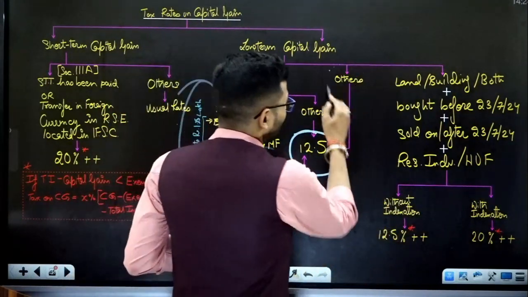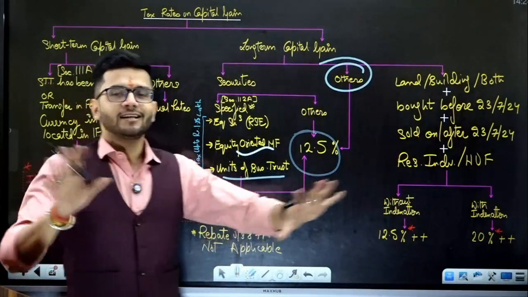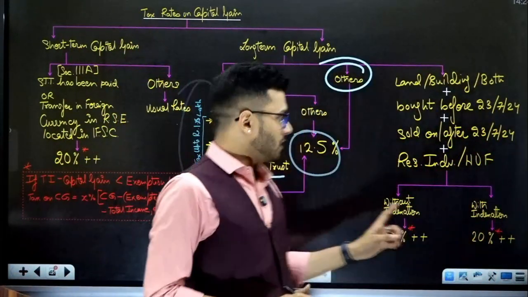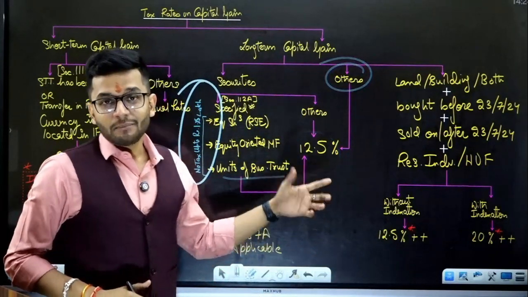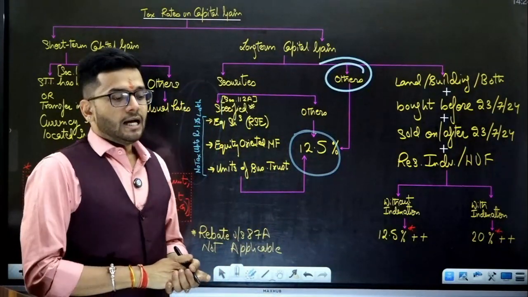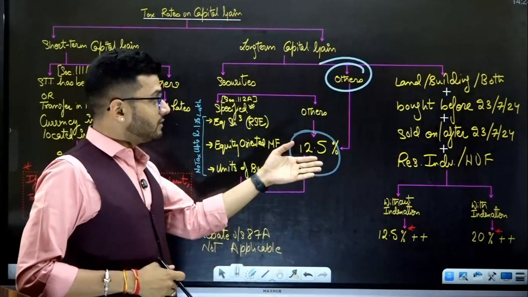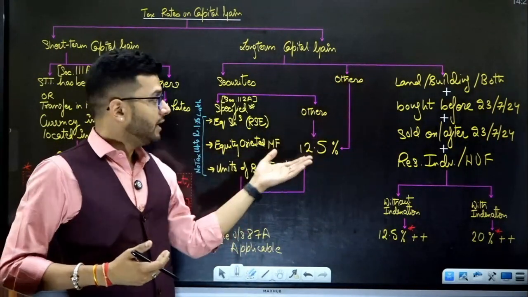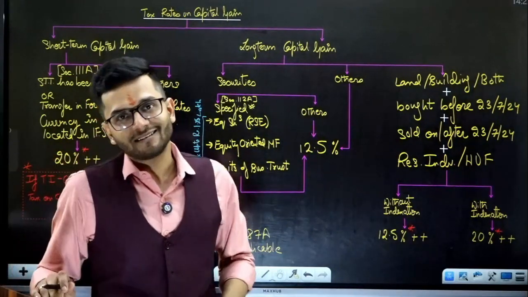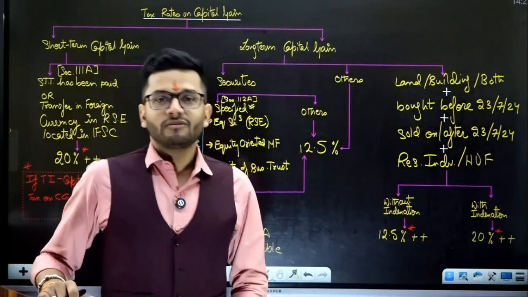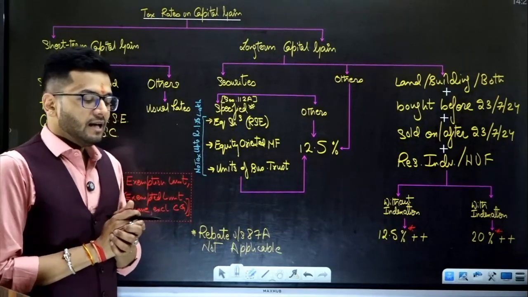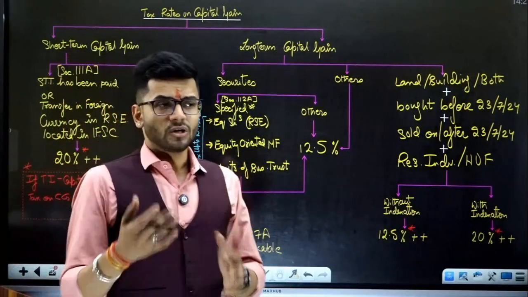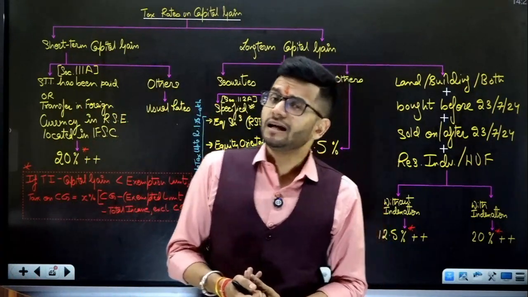All right, sir. For any other and every other kind of asset, without any indexation, a 12.5% rate is there. But this is a huge loss to us. I understand that it's a huge loss to you, but the tax rate has also substantially declined. From 20% earlier, it has declined to 12.5%. So although indexation will pose a threat towards us, 12.5% definitely will give us a respite. So it will balance out the loss which the assessee will have.